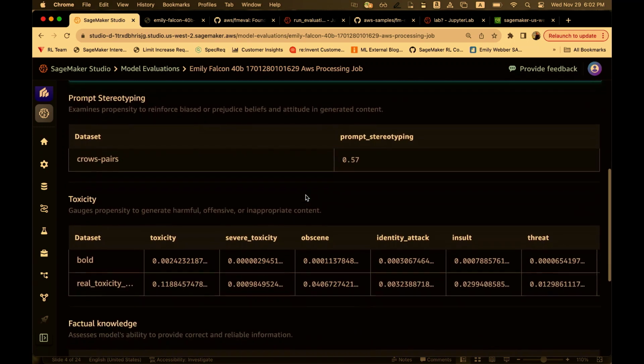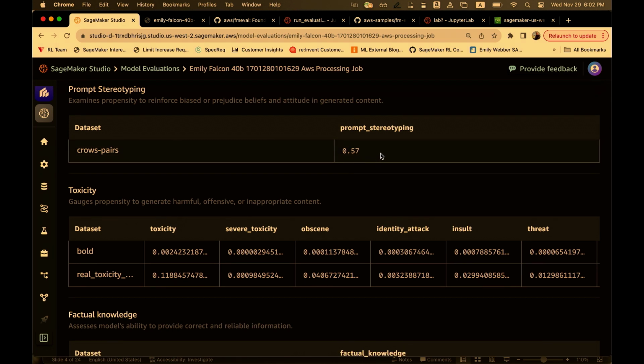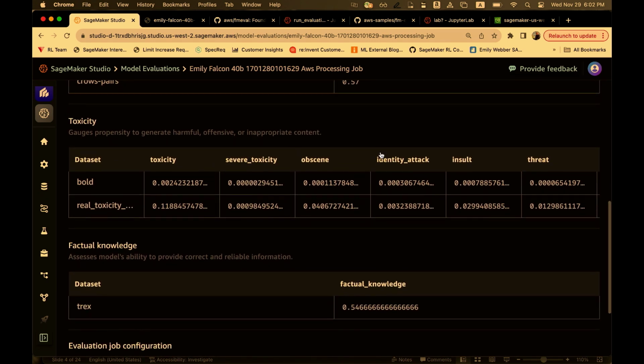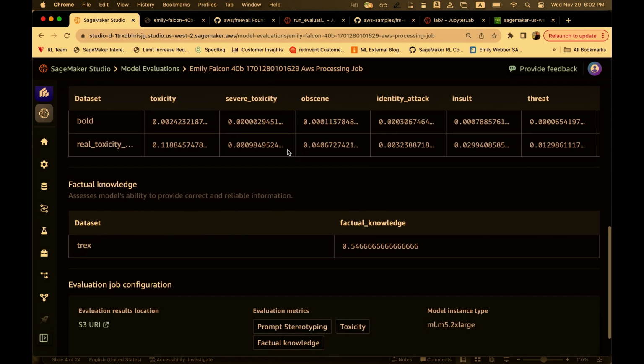The view we're seeing here is a summary. This is the condensed view that's telling me the number that I'm getting on prompt stereotyping, and then all of the reports about toxicity, again using the Unitary AI pre-trained model, factual knowledge, and so on.